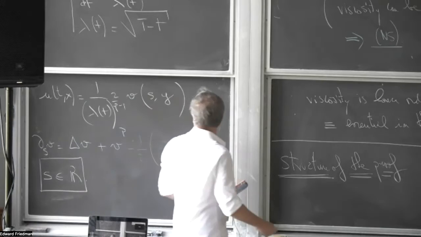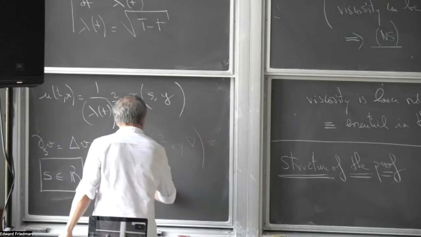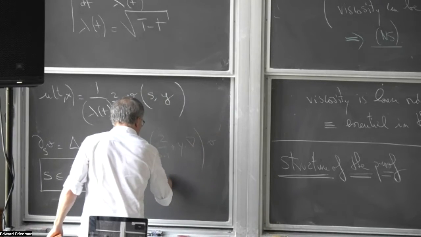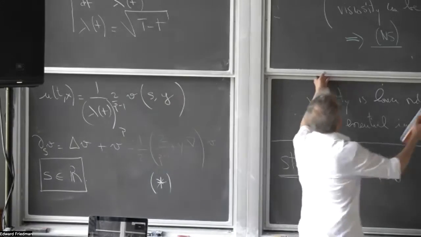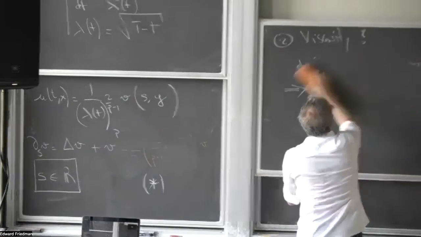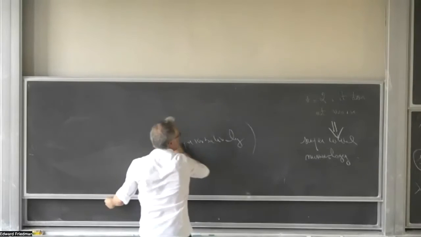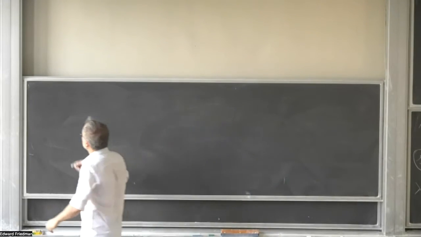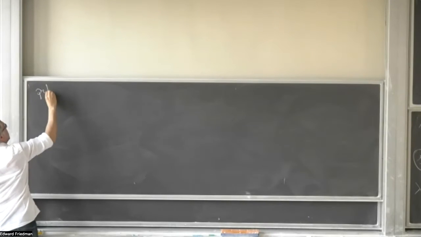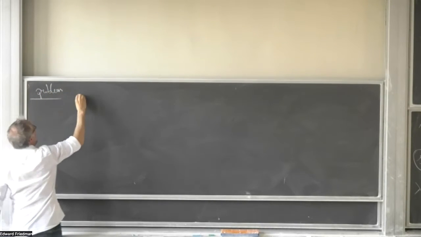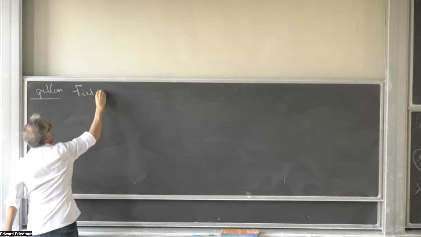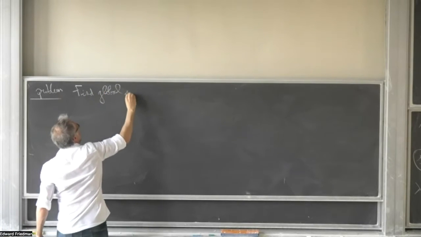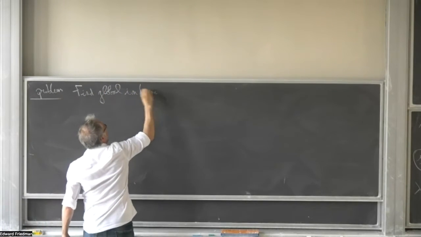So this is my new equation, which I'm going to call star. My problem now is exactly this problem: find global in time solutions